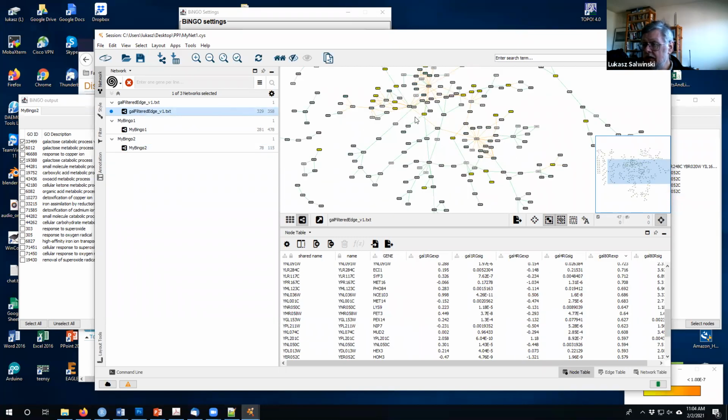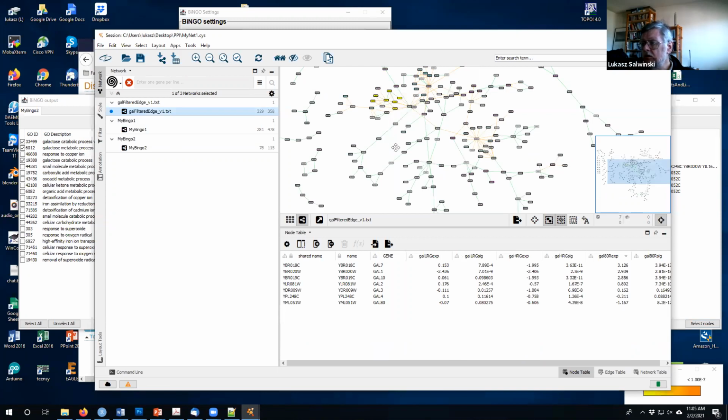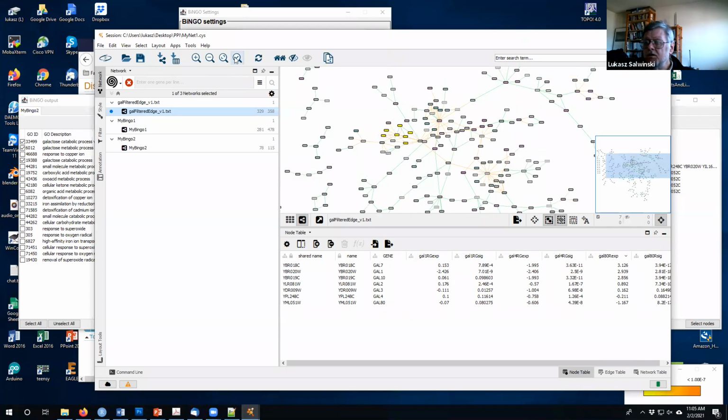Let's unselect things. Okay, and now let's select nodes once more that correspond to those galactose metabolism terms. And now if we select those and zoom,